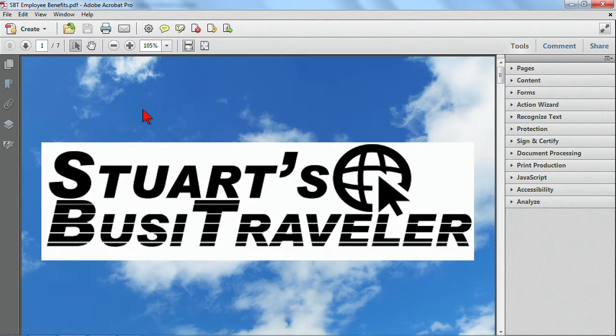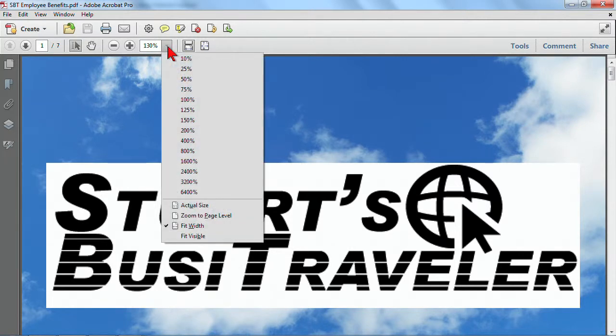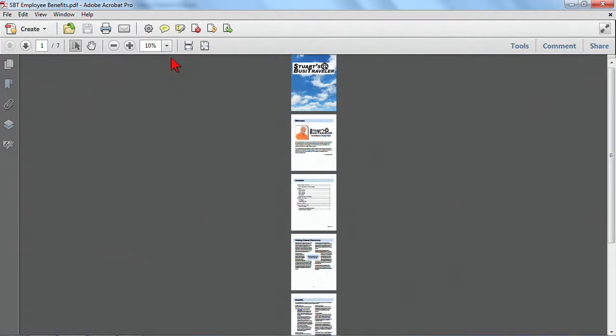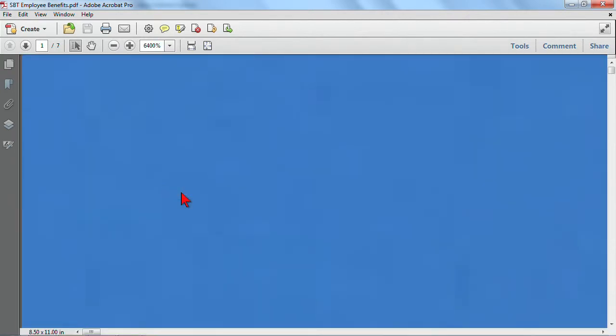So here I am inside of my file. I'm in Acrobat Pro, and there are different ways that I can view this information. Noticing that it first launched at 105, and that's pretty big. Even if I were to collapse these, it's pretty big. And so I can make some changes by simply changing the magnification or the zoom level in here. At 10%, that'll let me see lots of files, but that may be a little too small, and I could go up to 64%. I'm not sure if that's going to help me out here,